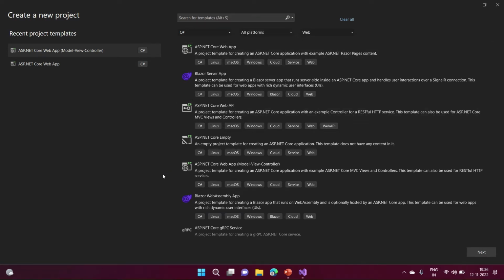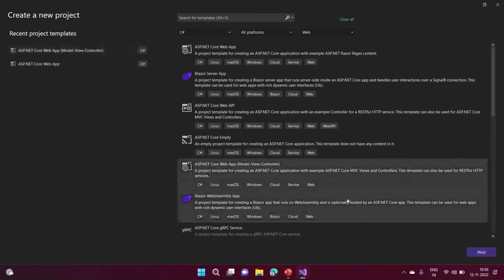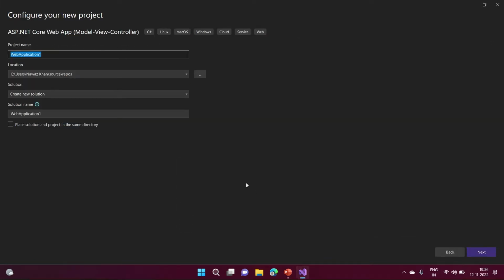This project is regarding the SQLite connection to MVC6. So let's start with selecting MVC. We go next, we give the project name. Let's give the name as Student Management